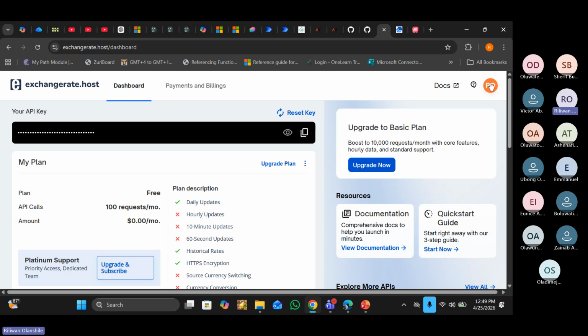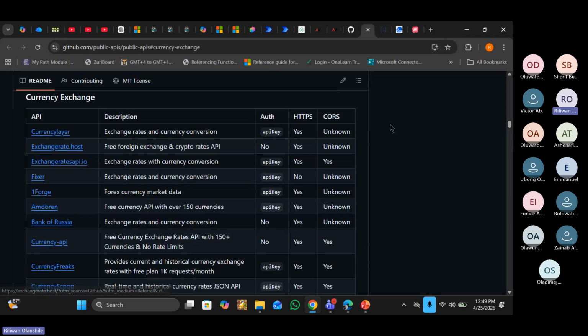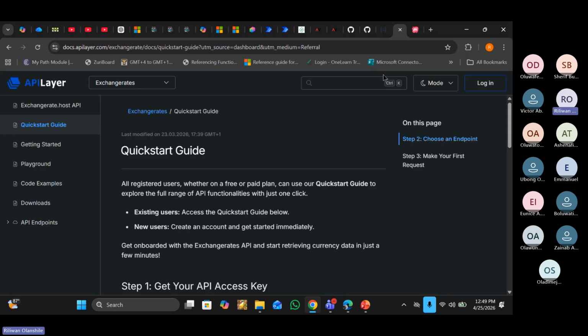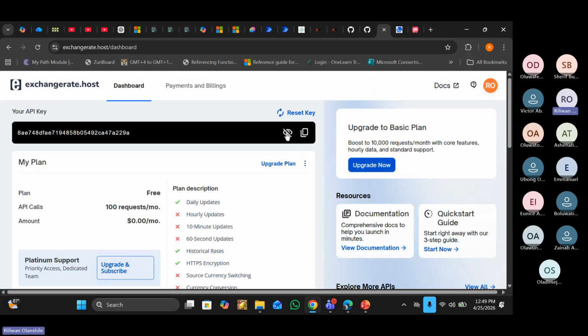You can see I registered for this particular site. So if I come from here again, if you click on it, it will take you as a fresh person. It will tell you, do you want an API key? You register for it, use whatever account, Gmail or Outlook or whatever account you want, and then it will allow you to generate your API key. This is my own API key here, right? It's only me that knows it, aside from the people that have seen it just now. So please, nobody should go and use my own API key. Just kindly generate your own, right?